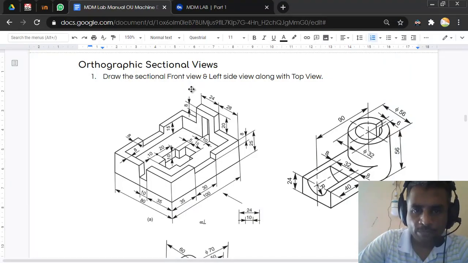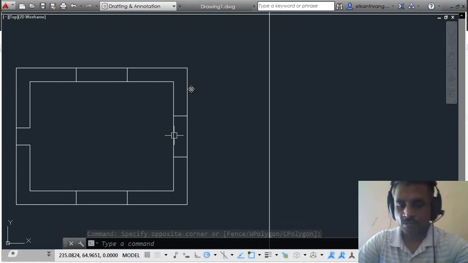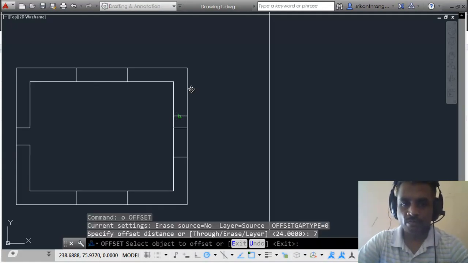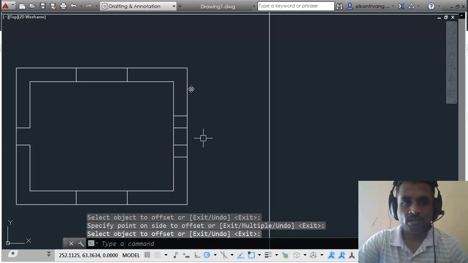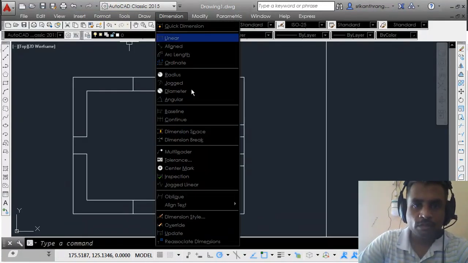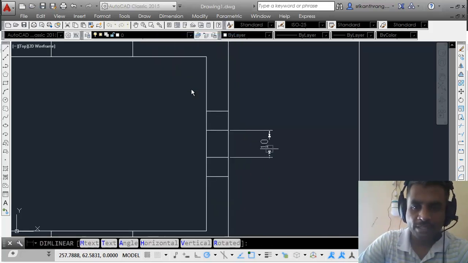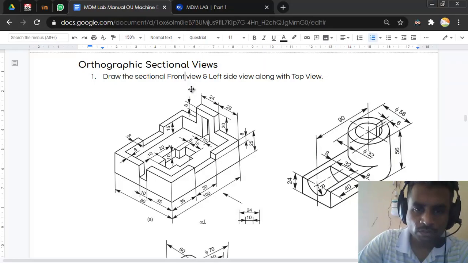Now in the diagram you can look here that we have not been provided with the thickness over here. Instead we have been given the inner length as 10. So 24 minus 10 will provide us with 14, and 14 divided by 2 will leave us 7 mm on both the sides. So let us do that here. I'll have to take offset of 7 mm from here and from here. Let us confirm if it is indeed 10 mm. So just have to go to dimension, linear dimension, and check what is this length. So we can see this is indeed 10 mm as we need it.